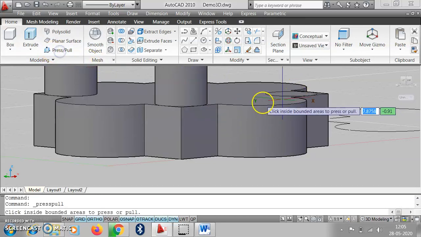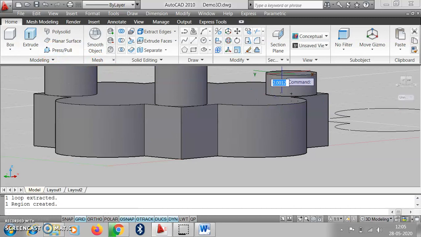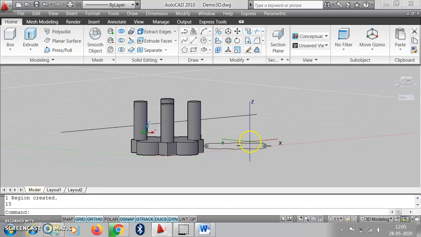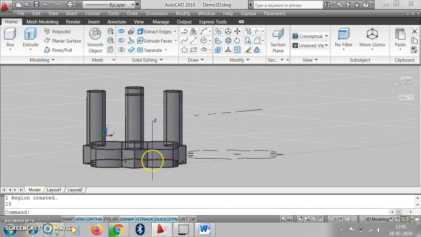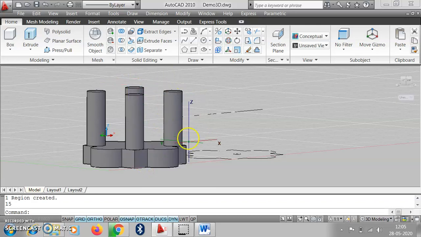Then again press pull, we select it and press pull 15 again. So the total height of all these objects is 5 plus 15, that is 20.